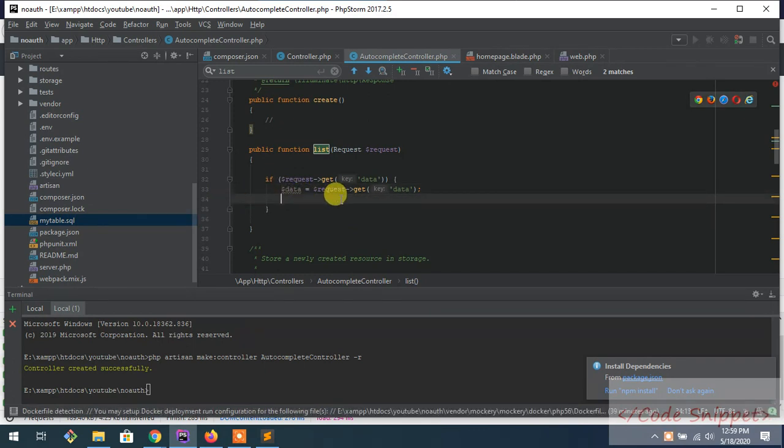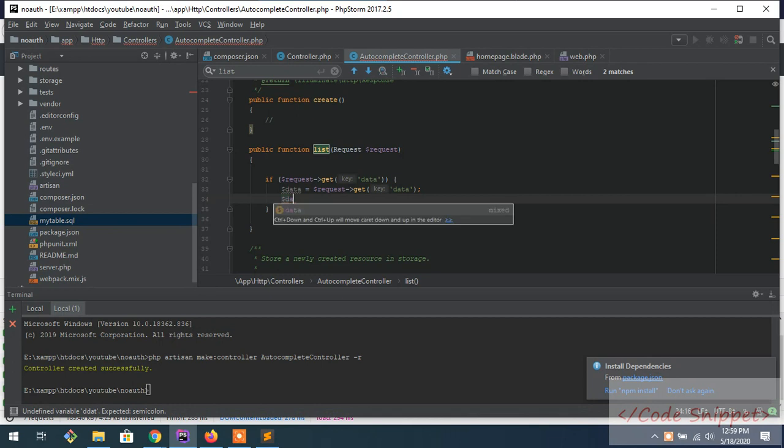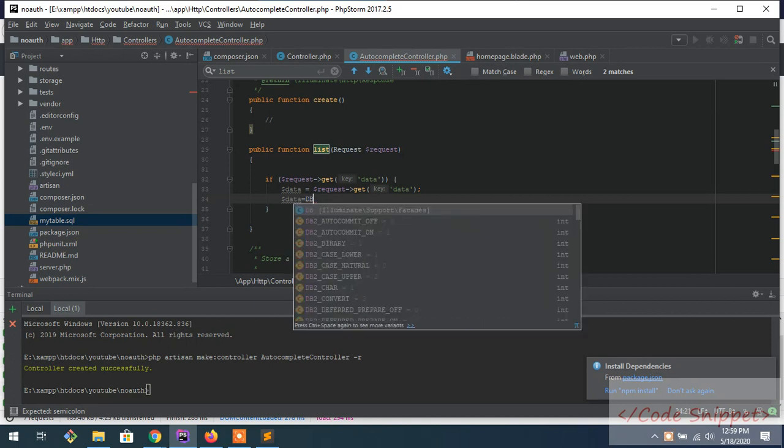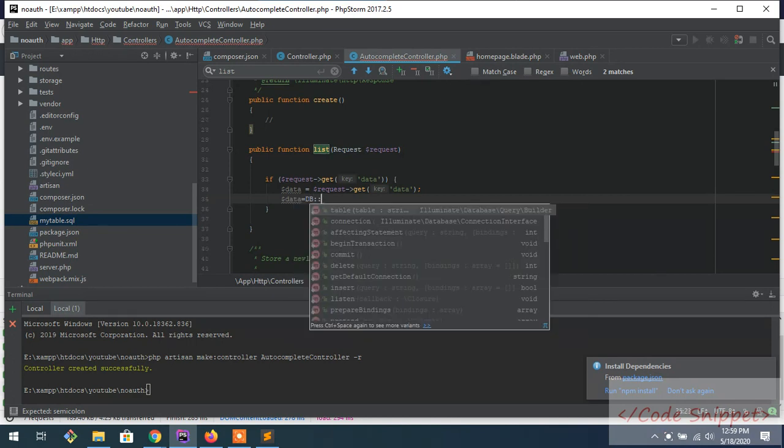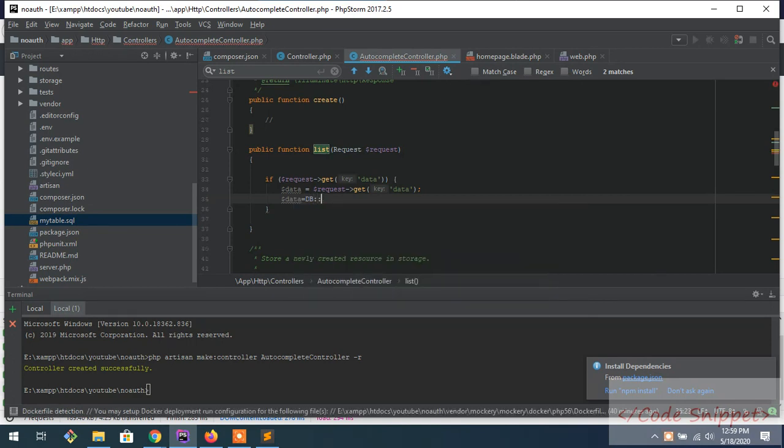Now we need a query builder. DB, this I'm calling it a facade. So whenever you're typing, import your DB, otherwise it will not work. So DB table, my table name is my table,